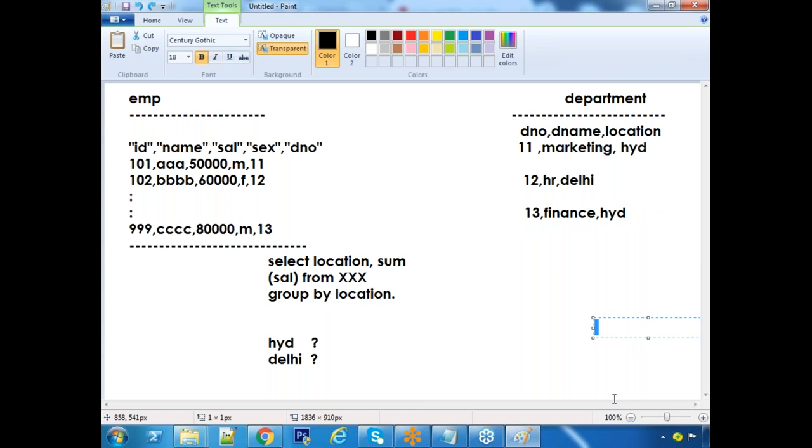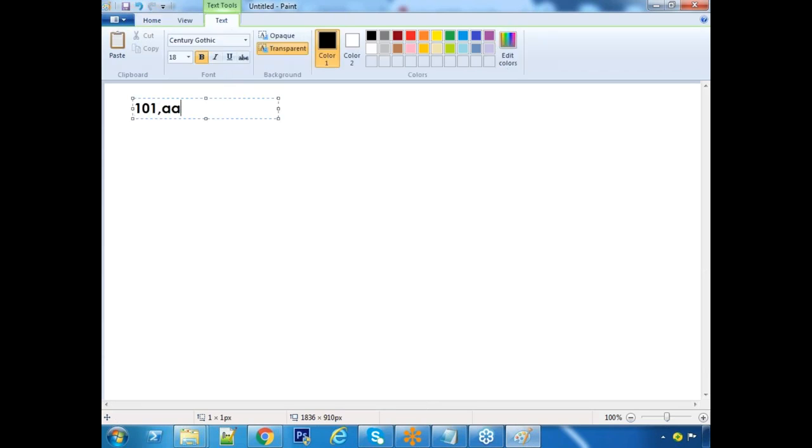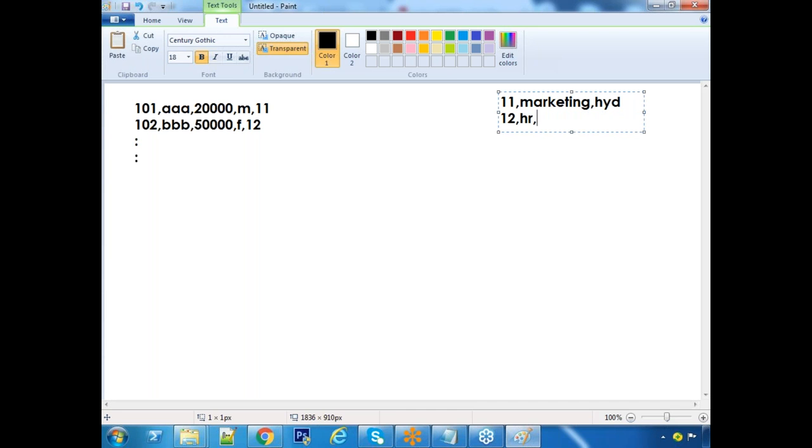Observe this. Information is like this. In this way, lot many rows. Department information is like this. Only two departments I am taking.